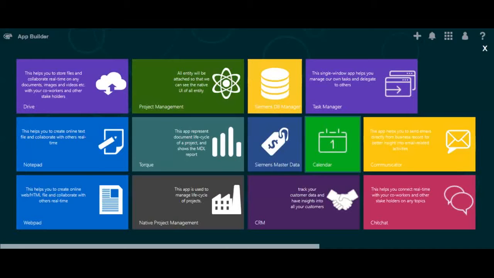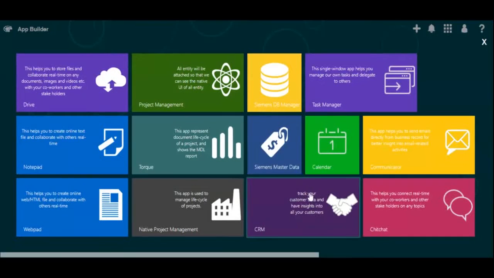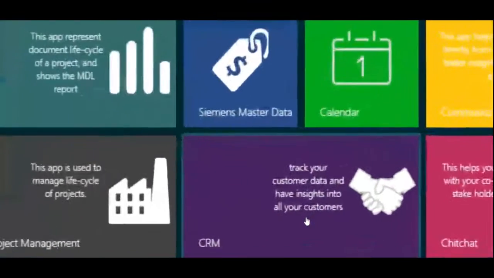There are various applications present in the app gallery, and out of which I'll be opening this CRM app.